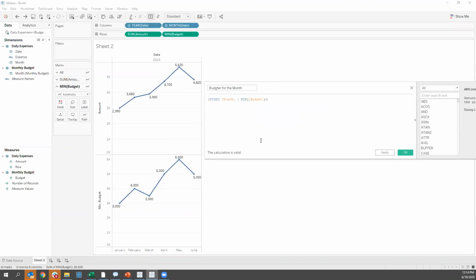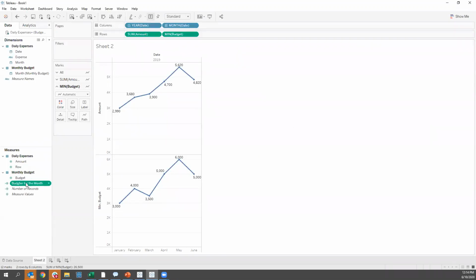Now what this does is this says for every month, let's just capture that minimum budget level, but it will work at any level of detail, which is nice because now if I take this budget for the month and replace budget there, you can see I'm getting the right values per month. But if I go to the year level,